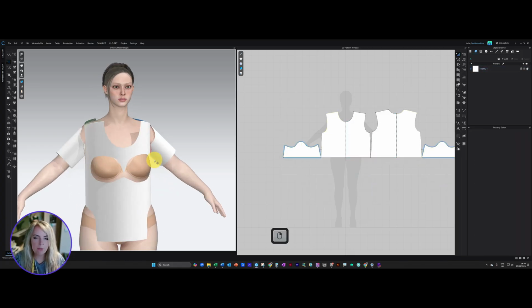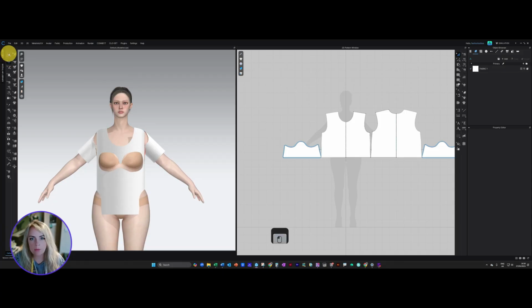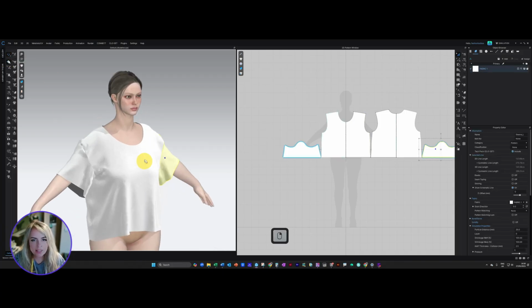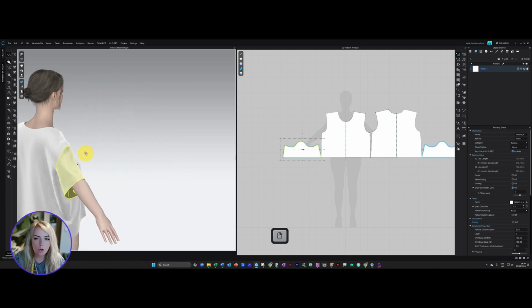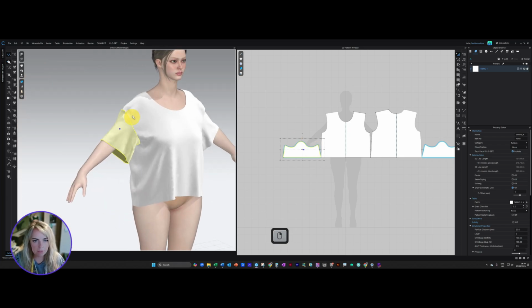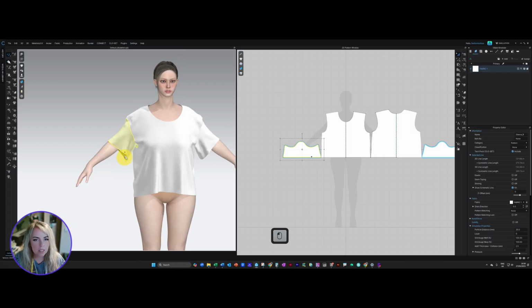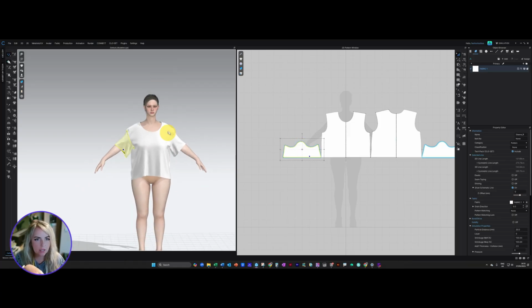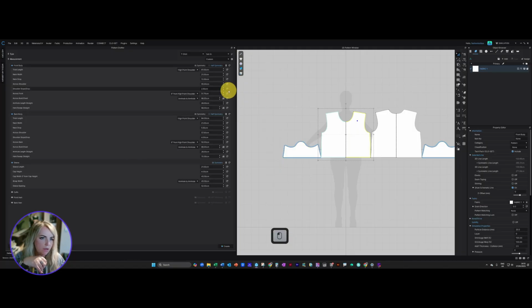And I'm going to simulate, but there are a couple of changes that I want to make on this. I am aware of already, for example, the armhole is way too small on the sleeve, and the bottom of the sleeve here is too wide, but this is just because this area here is too narrow. So if you want to make any changes, you can go back to your pattern drafter, and it does generate a new pattern that you will have to replace this one with,